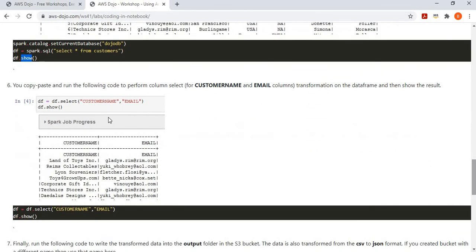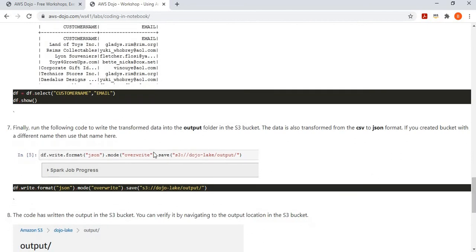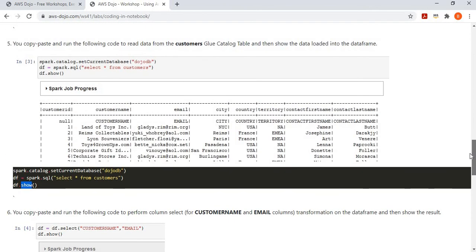Now I'm performing a simple transformation, like I'm doing a column level filtering only on the customer name and email, and finally I can write data back to the S3 bucket directly. Yeah, so those things don't change. You can write data to S3 bucket directly, but what was important here is that you can read data from the Glue catalog using the catalog tables in place of talking to the S3 bucket directly.